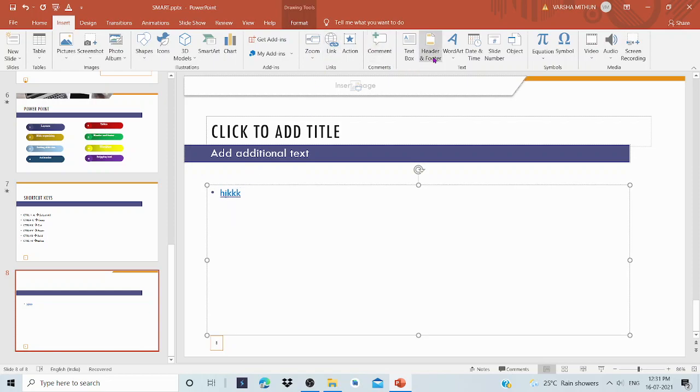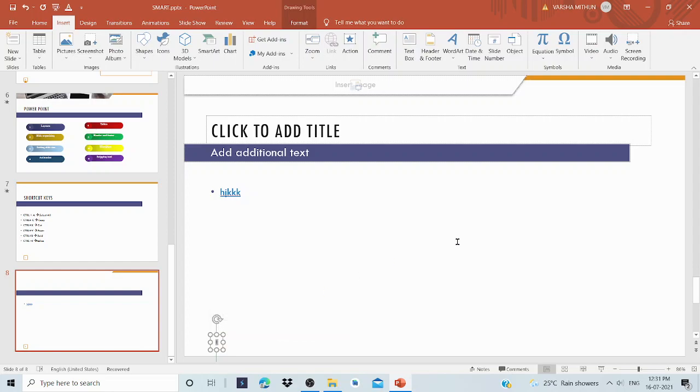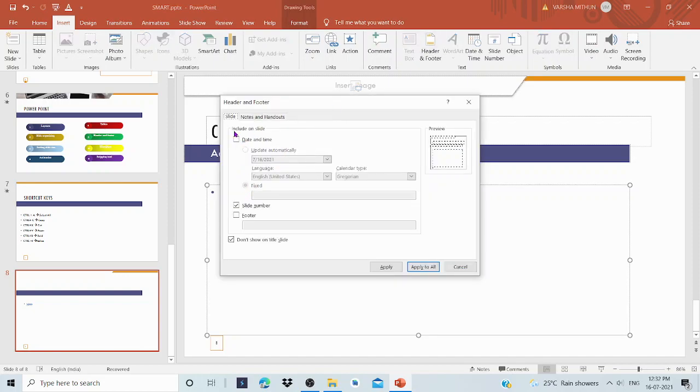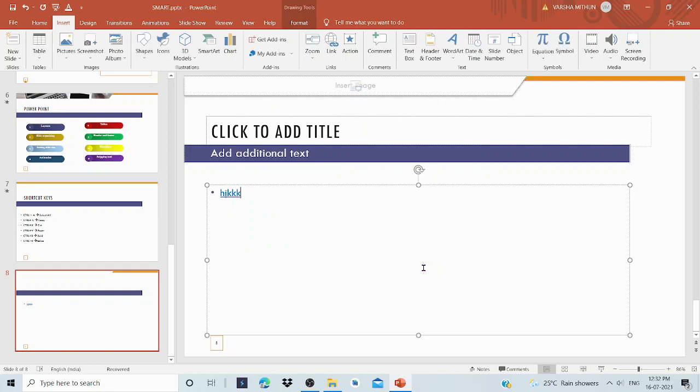Next important one is header, footer and page number. Here you can see a page number for all the slides. We can add this page number, or a footer, or a header using this. When we click on the slide number, it will appear, and when we click on Footer and type something, it will appear as the footer on all slides. And one more option is Don't show on title slide. When we click on this, the header, footer or page number will not appear on the title slide. Then I am clicking Apply to All.